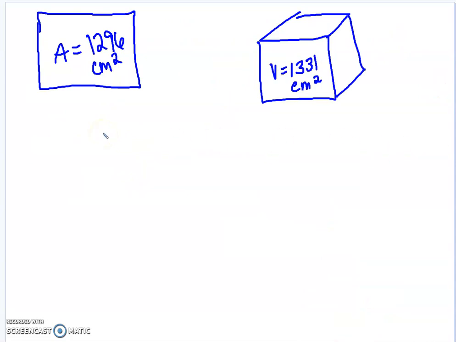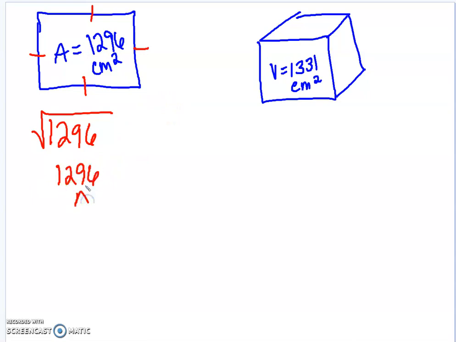Next up, we're going to look at being able to determine the side length of figures if we know the area and volume of a square and a cube. I'm sorry, my drawing here, it should look more like a square with even side lengths. So we know that the area of a square will have all the same side length. So to find the side length, since it's a square, we want to do the square root of that value. And because we're looking at doing this without a calculator and being able to do this using prime factorization, we'll start by breaking down